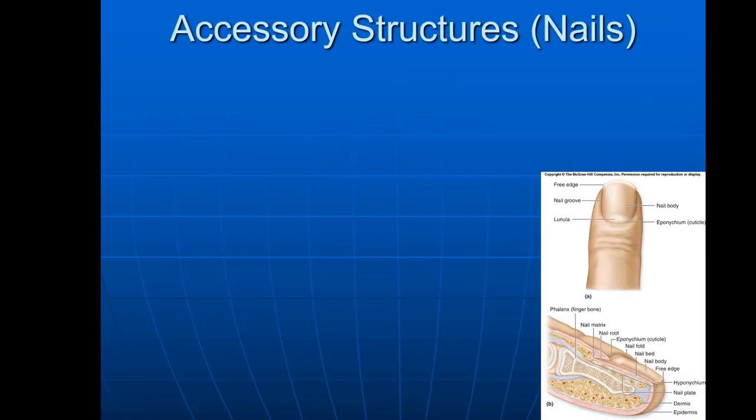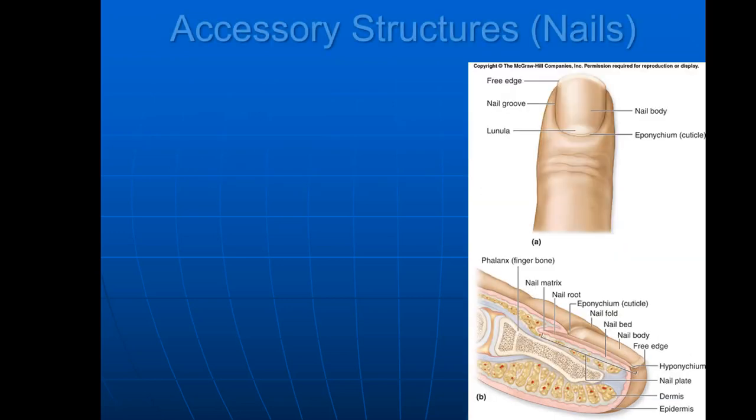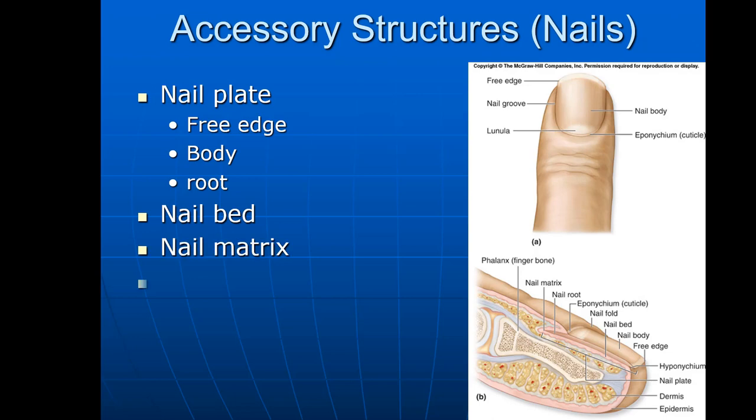And moving on to the accessory structures. As far as nails, our nails are found on the fingers and toes, and they're basically derivatives of the stratum corneum of the skin. So they're cells filled with keratin. They're dead cells and they're hard. As far as the anatomy of a nail,